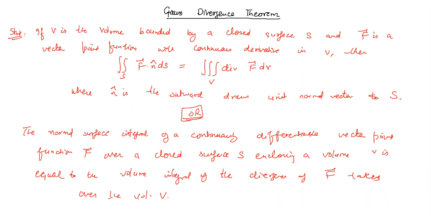Now we will prove this theorem. See its proof. So let us suppose that F is the vector point function, and F vector is equal to f1 i cap plus f2 j cap plus f3 k cap in the component form. Call this equation number 1,